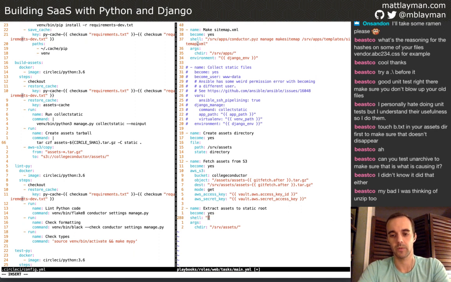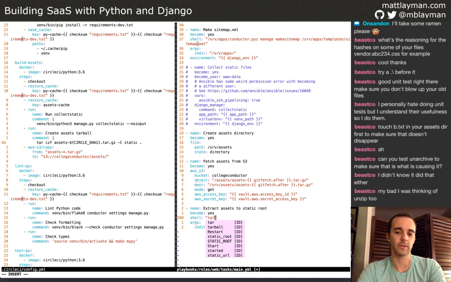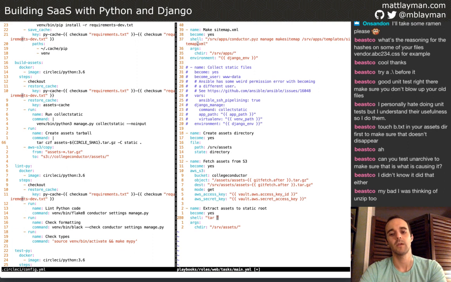So we don't need any of that stuff, but what we do need is tar. And so I'm saying change into the assets directory where this file is going to exist. And we're going to take this chunk here, yank it, put it there. So that's the file we want to extract. We want to do extract ZF,